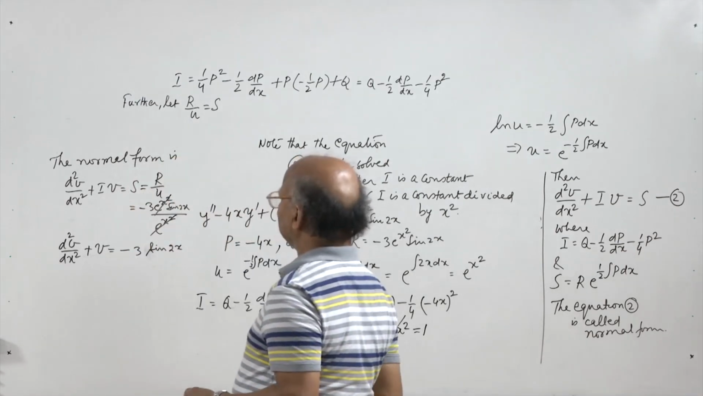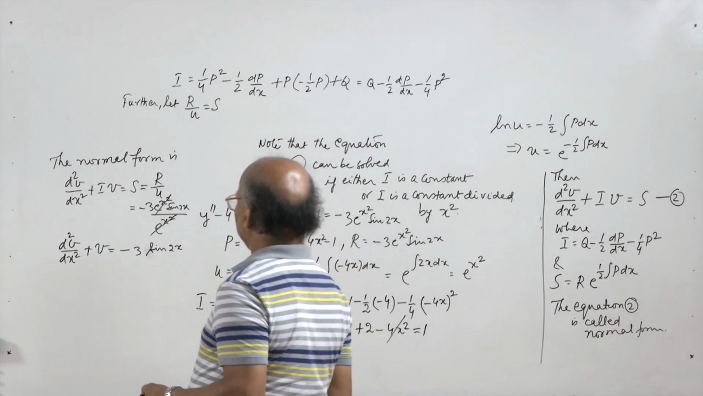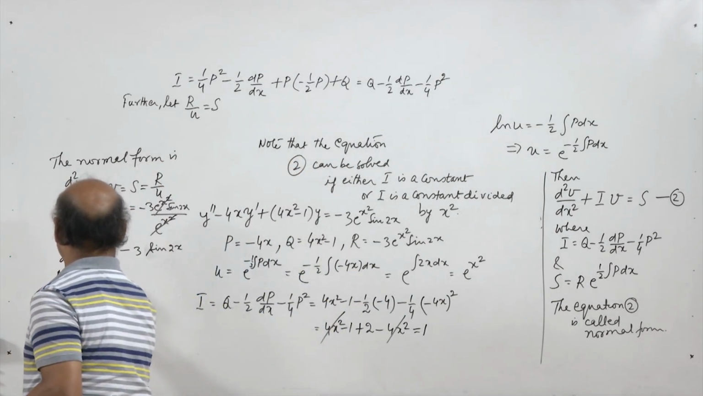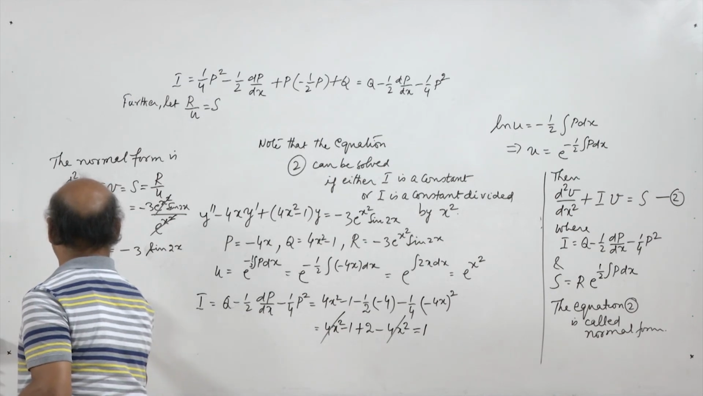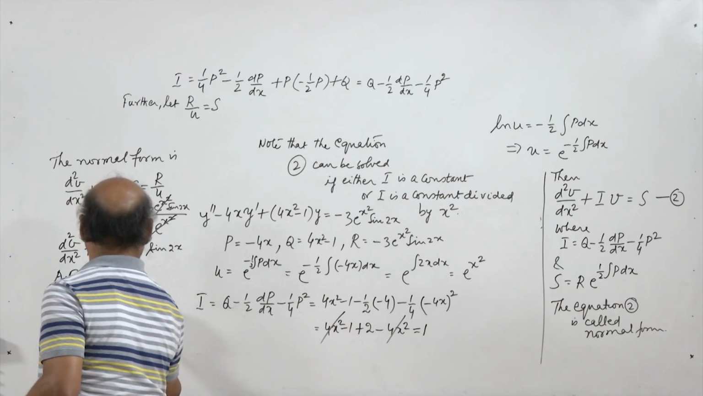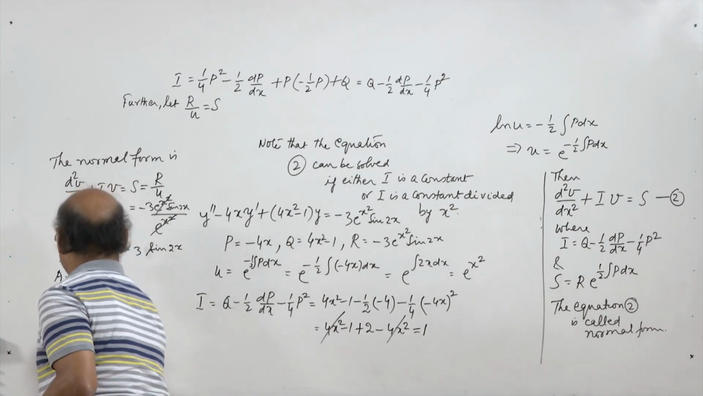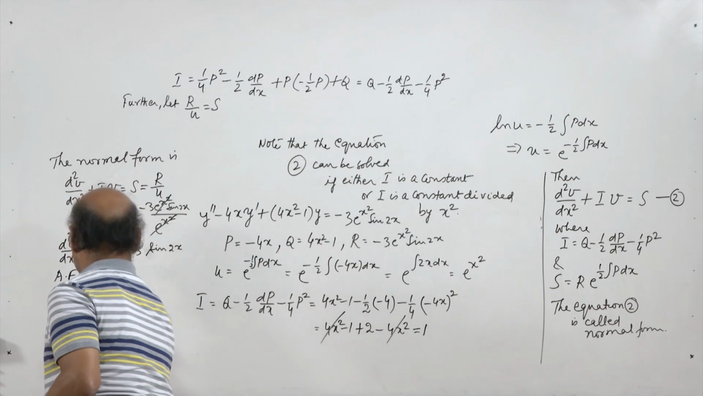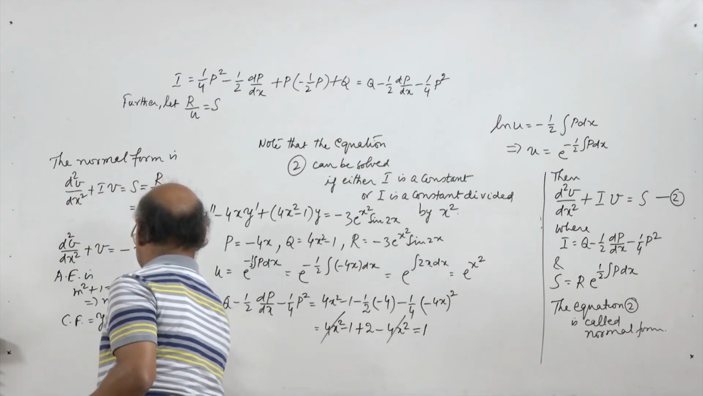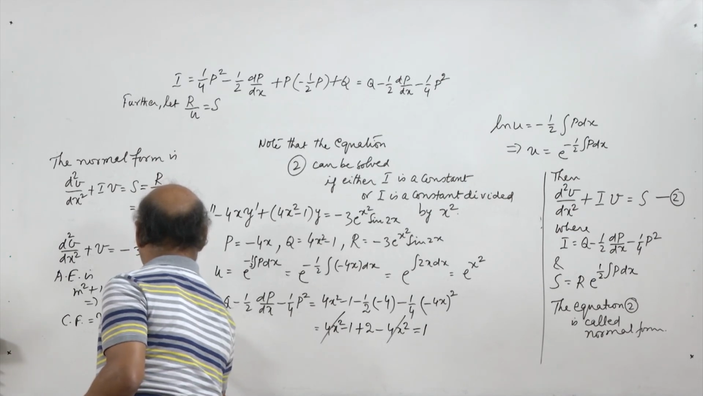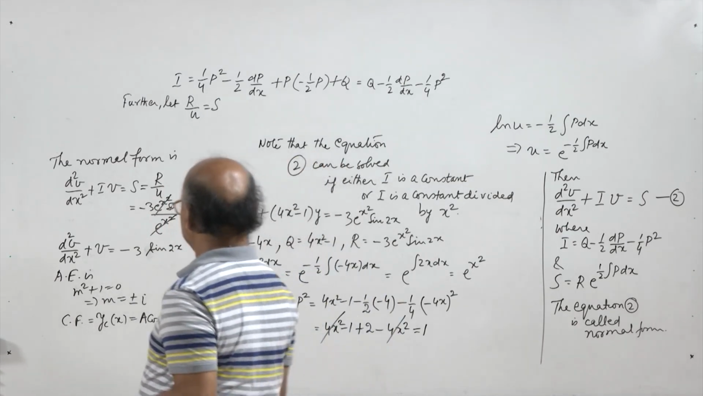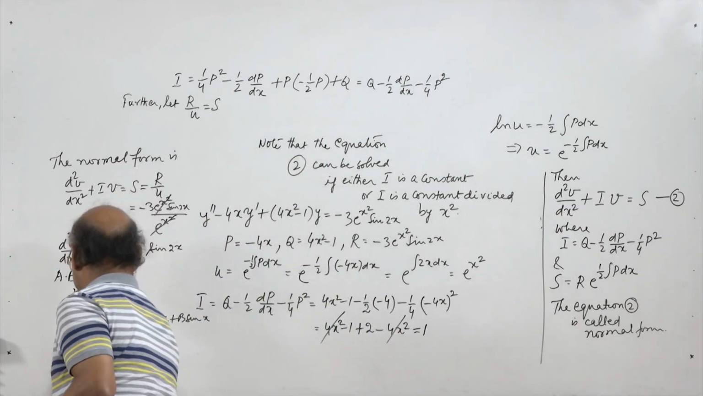Now, this is a linear differential equation of second order with constant coefficients. So, we can write the auxiliary equation. The auxiliary equation is m squared plus 1 equal to 0. So, we get m equal to plus or minus i, sorry. So, the complementary function, CF, is y_c(x) equal to A cos x plus B sin x, where A and B are arbitrary constants, and the particular integral, PI, y_p(x) is equal to